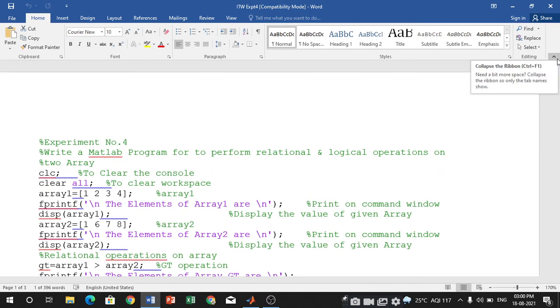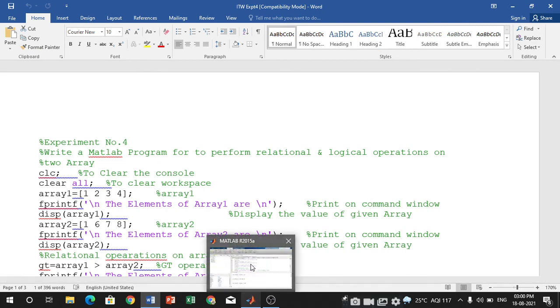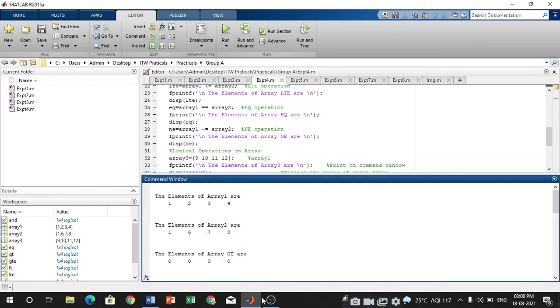The relational operators are less than, less than or equal to, greater than, greater than or equal to, then we have the comparison, that is the equal to operator, and not equal to, and the logical operators are and, or, and not. Keep in mind, the output of relational and logical operators is 0 or 1, that is boolean. So this is the MATLAB program for relational operators and logical operators. Okay, thank you.